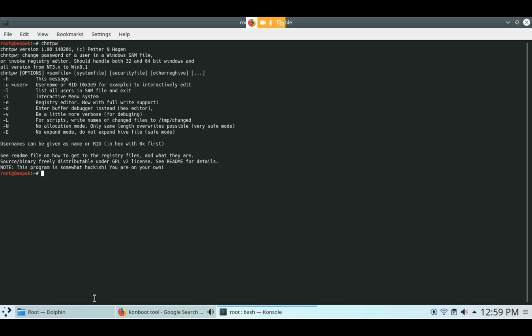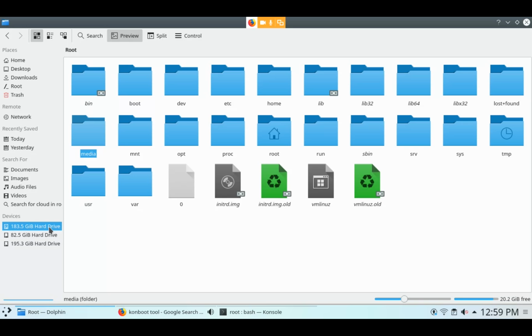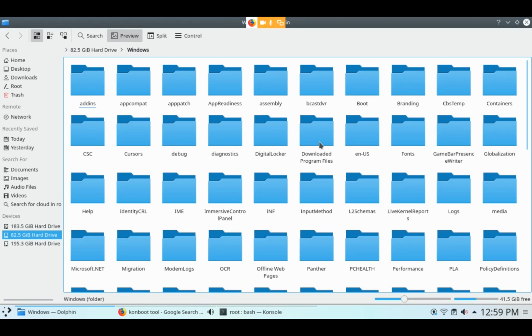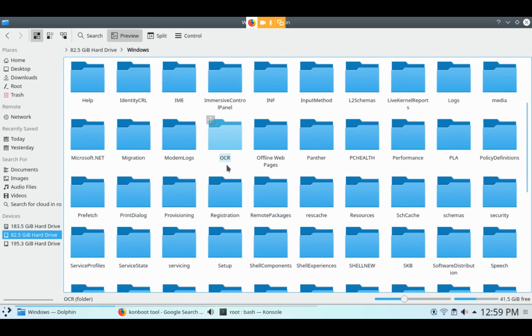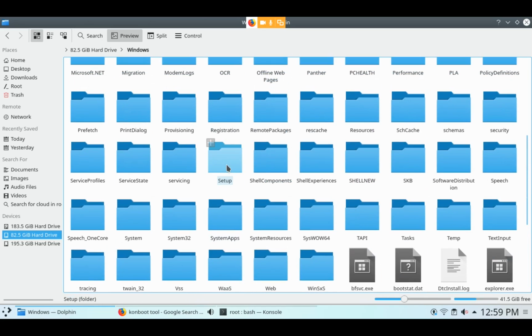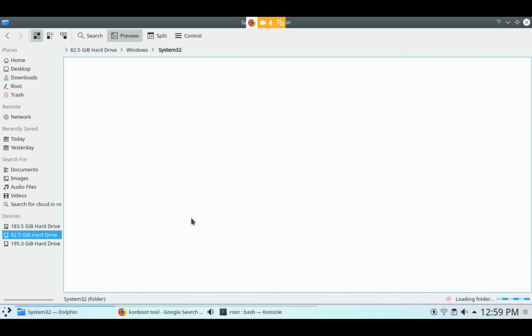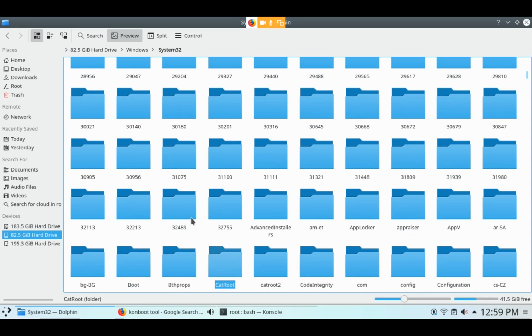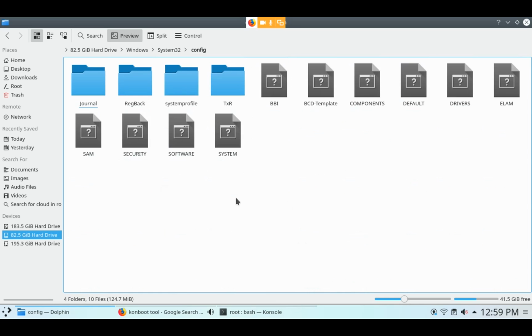First of all, go to Windows, open System32, then open the config folder. This is the SAM file and system file.